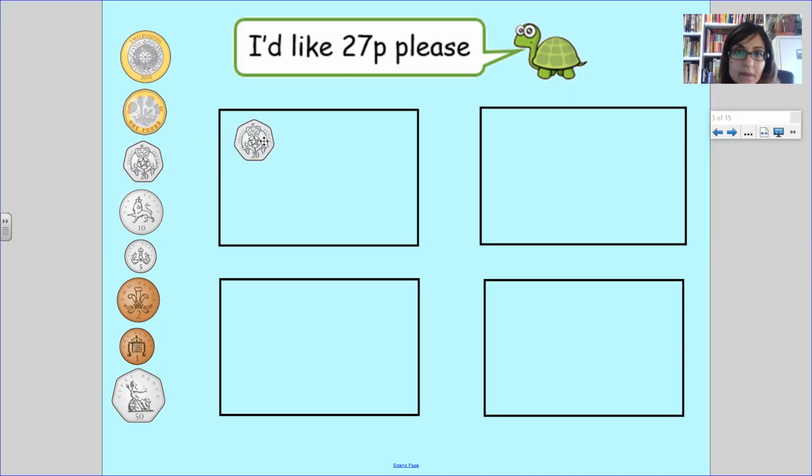And now I'm going to make 7p and I'm going to use some 1s, and I can see a 1p coin at the bottom. So 20p and 7 1p coins, and I'd like you to count to 27 with me. I'm going to whisper, and I'd like you to count 7 1p coins, and you tell me when to stop. Are you ready? Are you steady? Here we go. So we've got 21, 22,